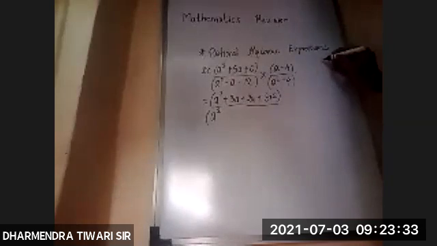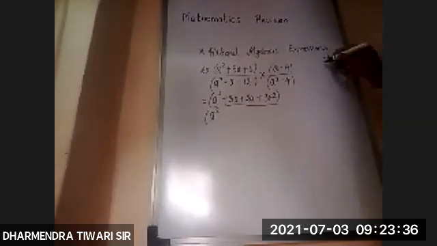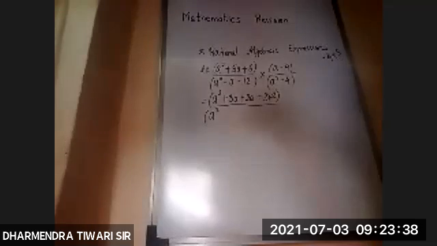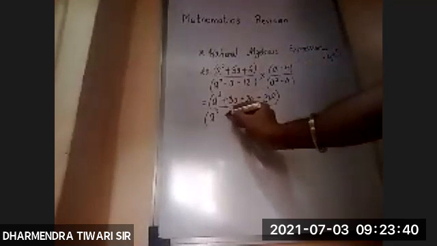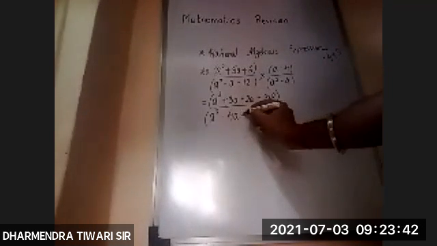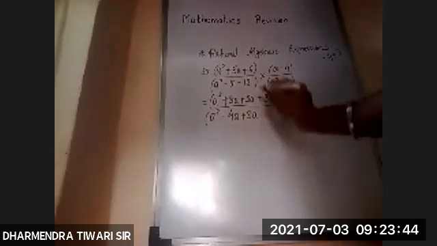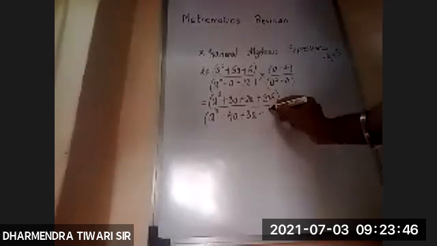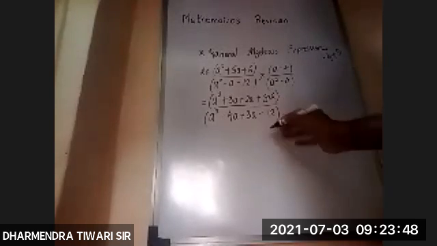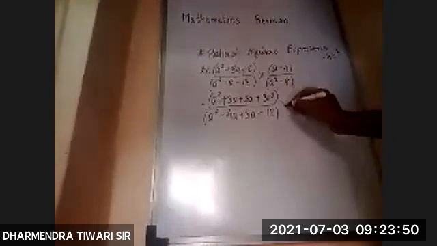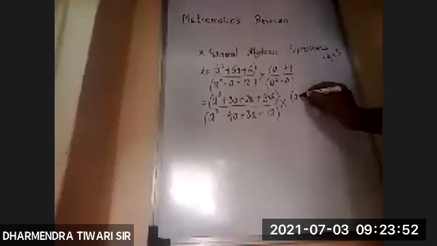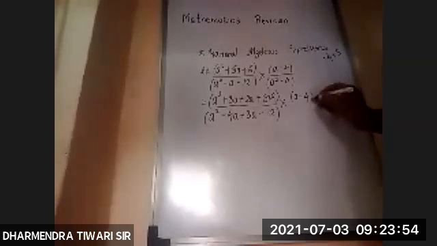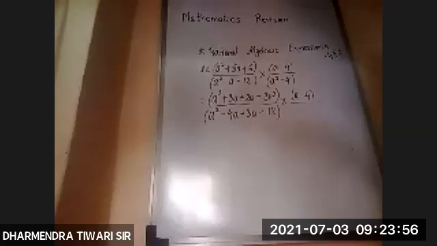When we use minus 4 plus 3, the answer is minus 1. So you can write this as minus 4a plus 3a minus 12, into, we are having a minus 4, upon